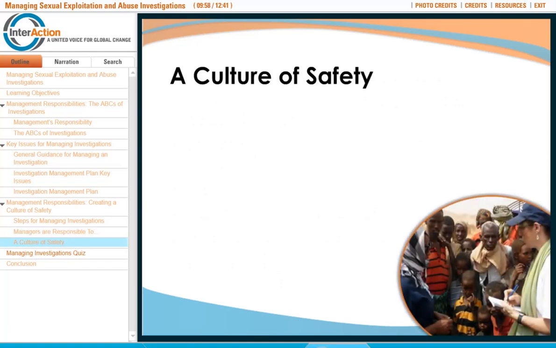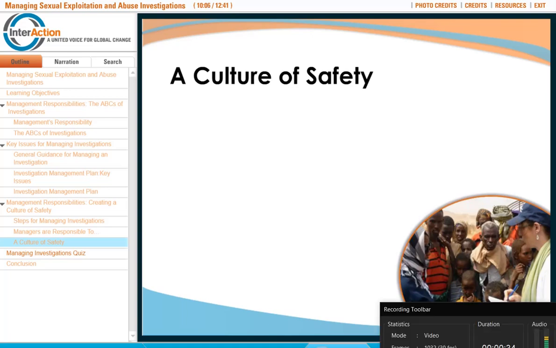Creating a culture of safety goes beyond responding to complaints. It is a holistic approach to managing the risk of sexual abuse and exploitation, including preventative measures. The following elements all contribute to ensuring your organization promotes the safety of beneficiaries and staff. A code of conduct. Implement a code and tell all employees and beneficiaries what the code includes. Any poor practice should be challenged and addressed.